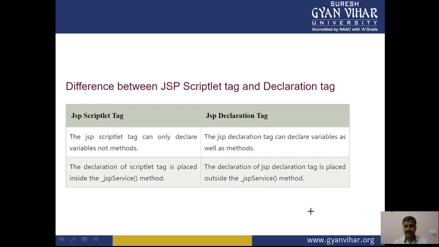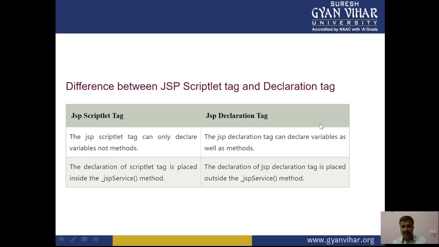Suppose we are implementing the life cycle. In JSP, we have discussed translation first, and then compilation. After the compilation, there is class loading, and after the class loading, there is instantiation, followed by initialization. After that comes request processing.